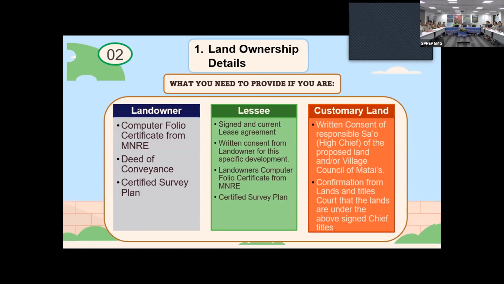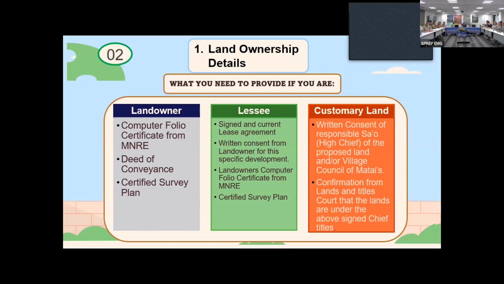So you can't just give us the agreement and expect us to take that. Because sometimes the agreement just means this person is allowing you to lease the land, but they also must give their consent on whether they're allowing you to do this specific activity on top of this lease agreement. So you need the lease agreement, you also need a consent letter from the landowner that they agree to this